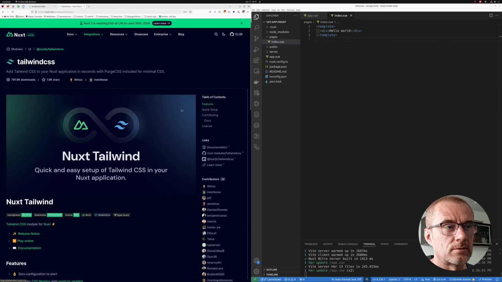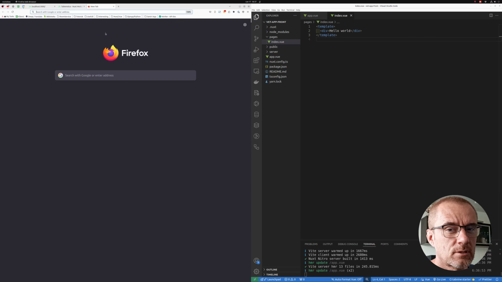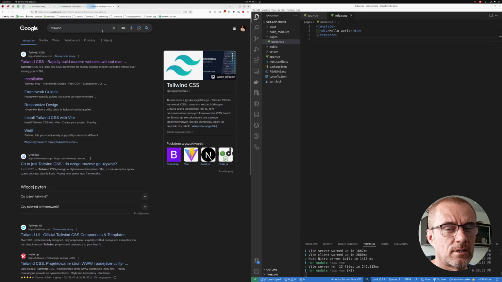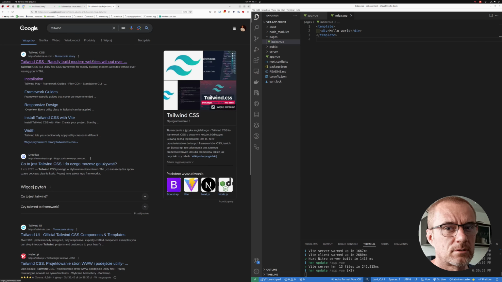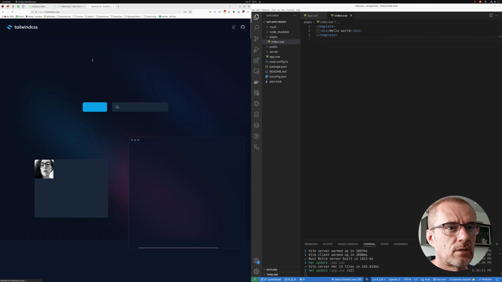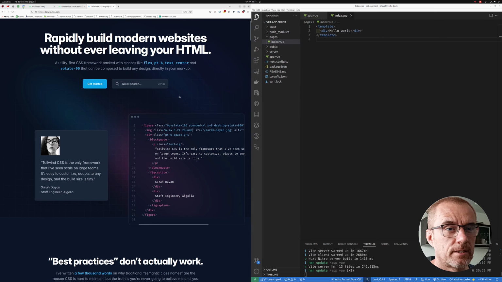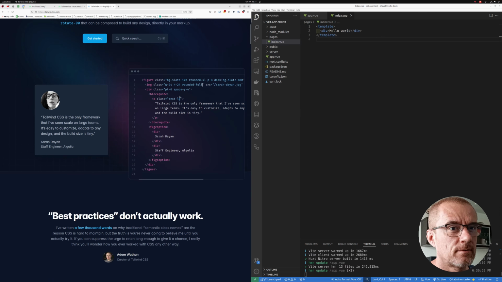Tailwind, as you can find on the internet, is a CSS framework, very useful, and if you didn't use it before and you don't know it, don't worry, we will use it and I will explain how to play with Tailwind. It's optional, but I think this